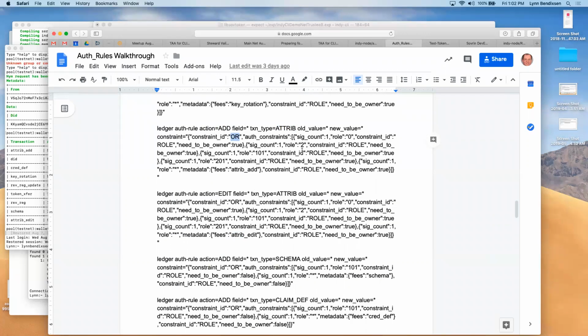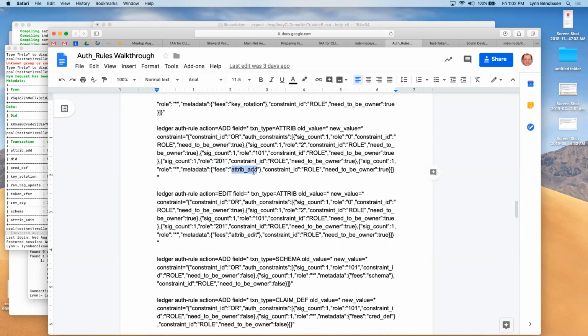We didn't go into what that means, but essentially we have one trustee that's an owner, or one steward that's an owner, or one endorser that's an owner, or one of the network monitor roles that's an owner, or anyone, the star here is anyone, just one, who is an owner that pays the fee.